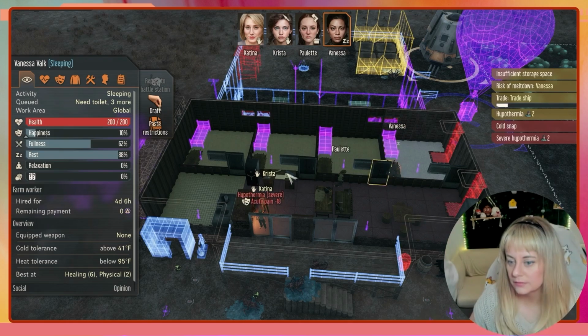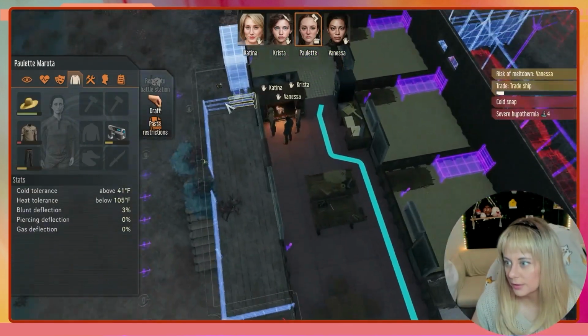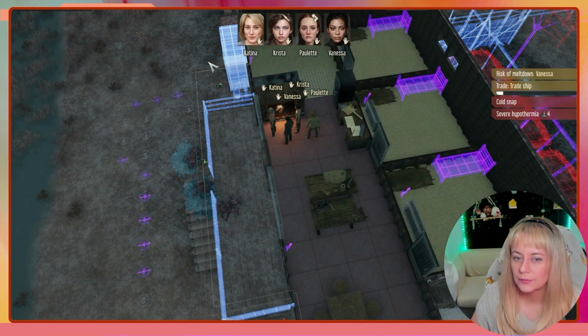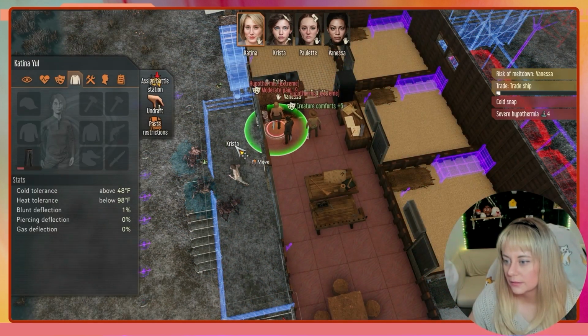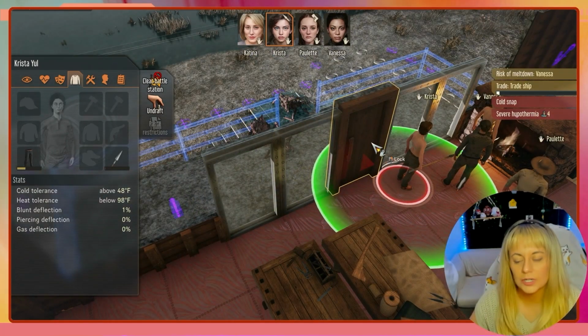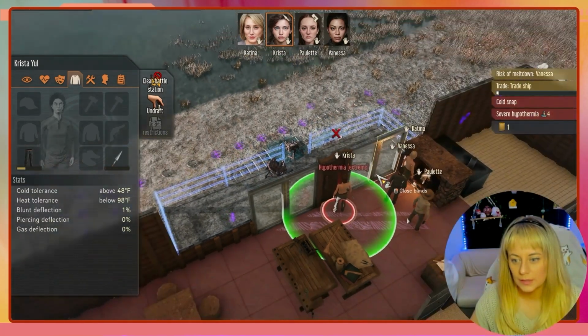Severe hypothermia. All 4 have it, so now Paulette needs to be drafted. She needs to come stand by the fire. Bring her right back inside. You too, and then we're gonna do something extra special. We're gonna lock this door. Not that I think it's gonna matter,